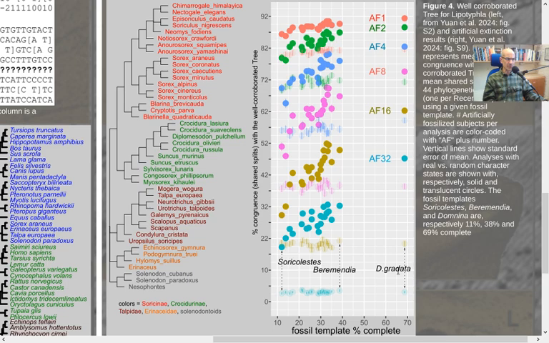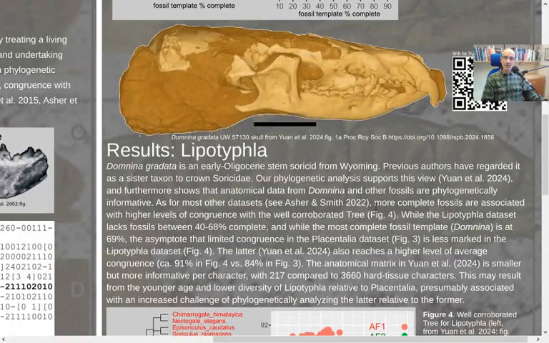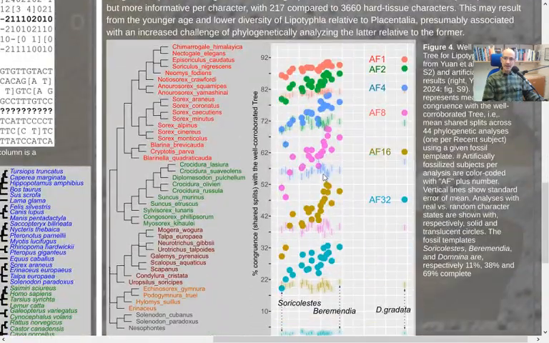There's a Chinese fossil called Lusorex from the Miocene. It's a whole animal, but it's in a Lagerstätte condition, so it's really pressed flat. Gerhard Storch was, I think, the corresponding author on the paper that described that back in 2004. So it's really hard to code characters from that because everything's really flat. But Domnina gradata, this University of Wyoming specimen in Yuan et al., does have three-dimensional preservation of at least a partial forelimb and a nice skull. Anyways, what was my point? My point was that